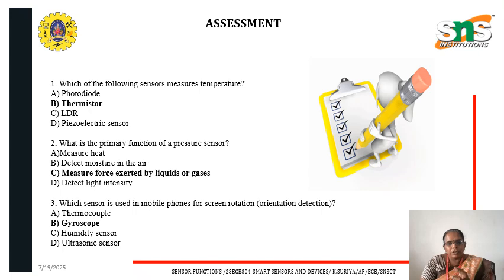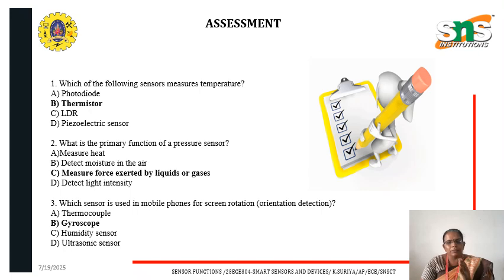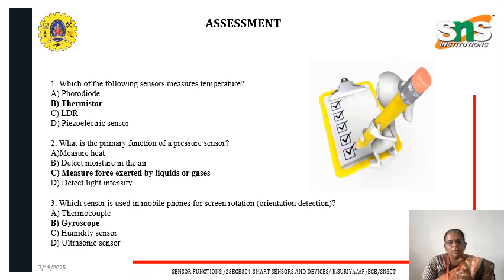What is the primary function of the pressure sensor? The answer is it measures the force exerted by liquids or gases. Which sensor is used in mobile phones for screen rotation, that is orientation detection? The answer is